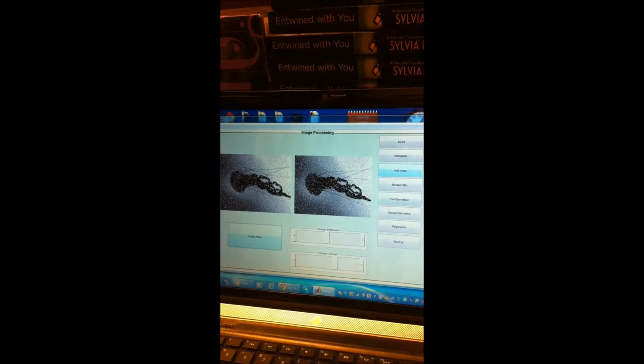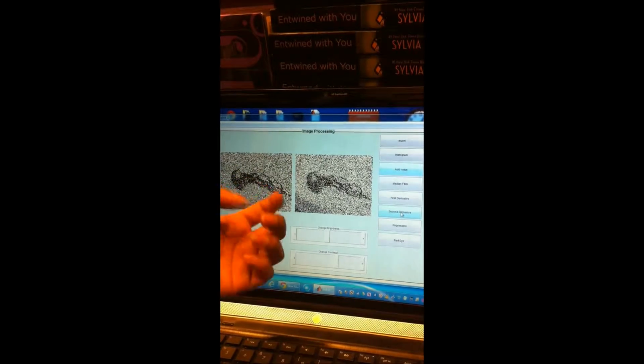Next, we can do the derivative. So if I do the first derivative, it turns into an image like this. This can also be done on a black and white image, and we can update this. If we do the second derivative, you can see there's more noise in there. And then if we do a regression,